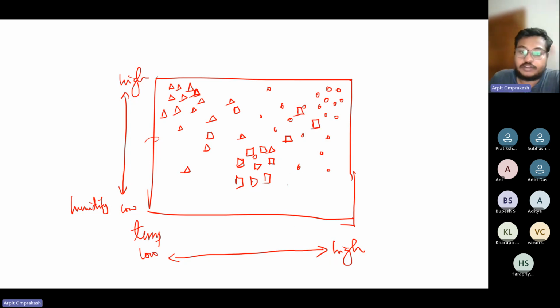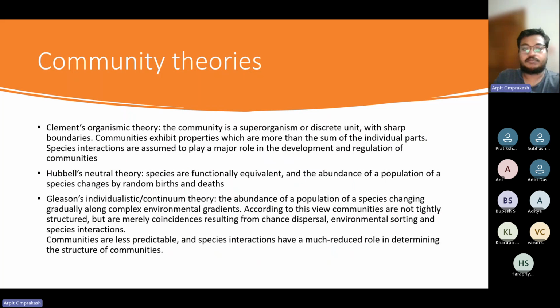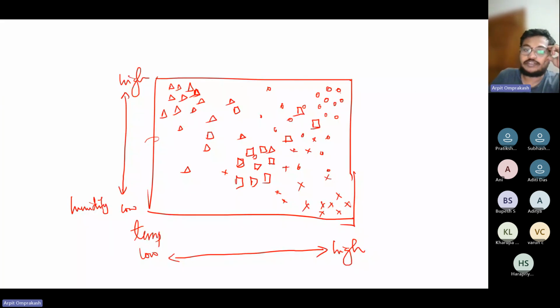And we have another species which basically stays in high temperature, low humidity areas like a desert, but some individuals are also found in other areas. So what Gleason basically says is that these communities that we see in different places, for example, if we